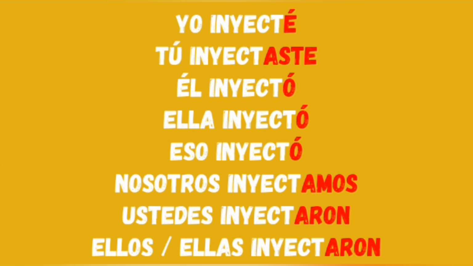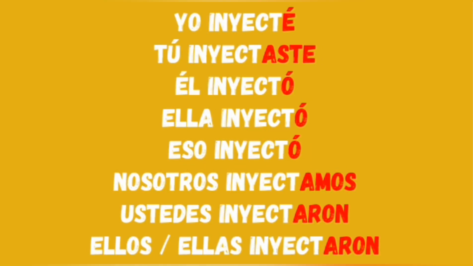To say she injected, you have to say ella inyectó. To say it injected, you have to say eso inyectó. Now let's go with the personal pronoun we. If you want to say we injected, in Spanish you have to say nosotros inyectamos. Then if you want to say you injected in the plural form, in the indefinite past,